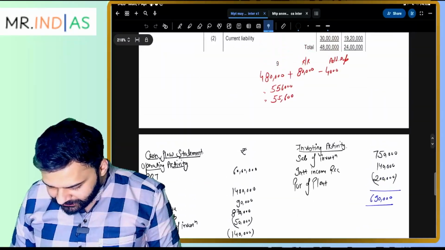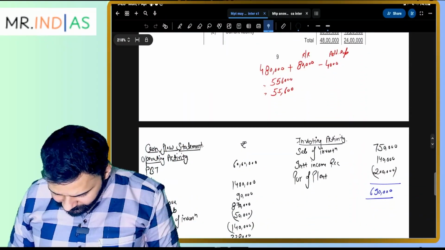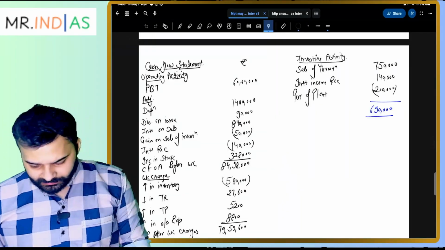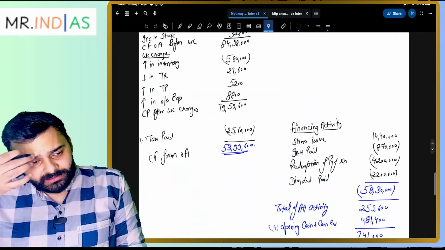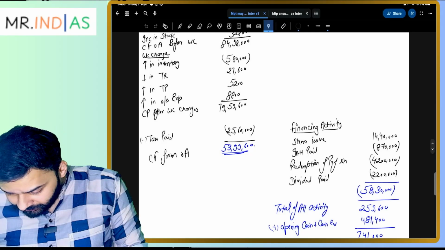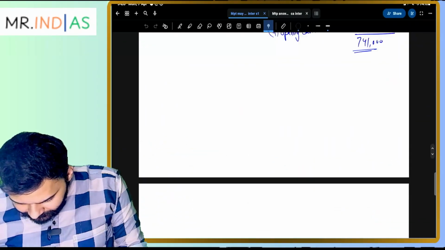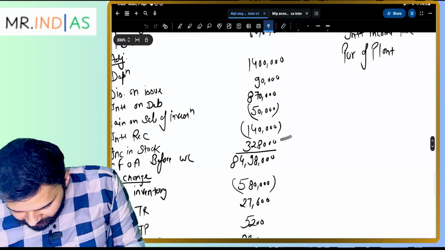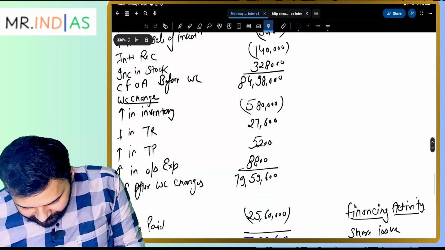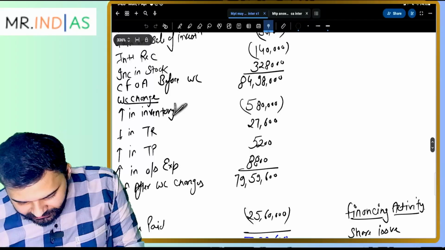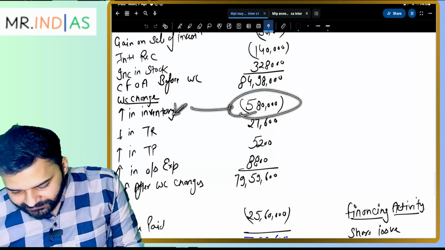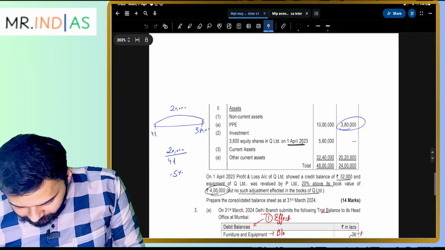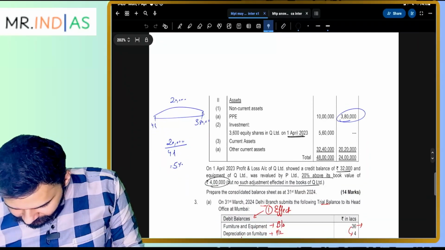So we had prepared a number line. Oh, we had already prepared a cash flow statement as well. You can try, you can also solve it, no problem at all. I'll show you the impact of inventory. This is the impact of inventory, increase in stock, and for the change in inventory, I take 27 lakh and 32 lakh 80,000, which comes out to be 5 lakh 80,000, right? Okay, so let's come to the consolidation part.